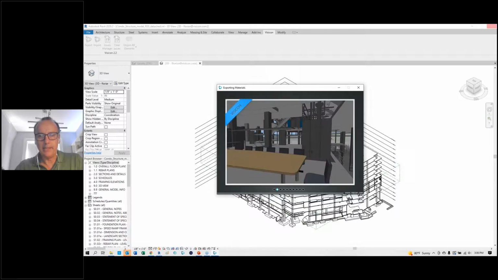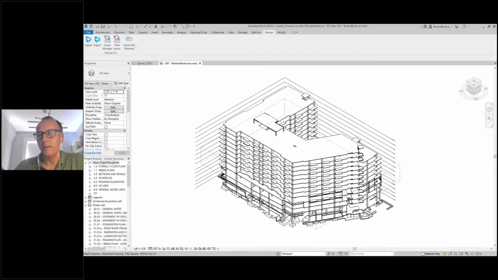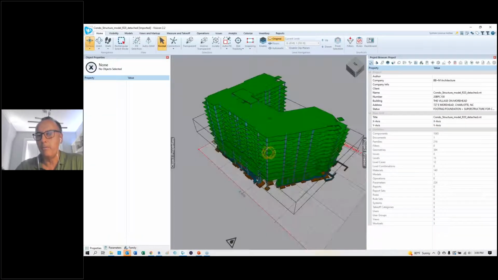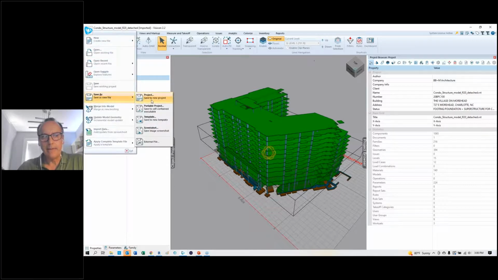This will just take a second. What's happening in the background is Visicon is now exporting 100% of the geometry and component attributes into a very small and efficient Visicon file. If you're the person who's charged with distributing this Revit information to everybody on the team using Visicon, and you've gone through this extraction process, you would then go to File, Save As,